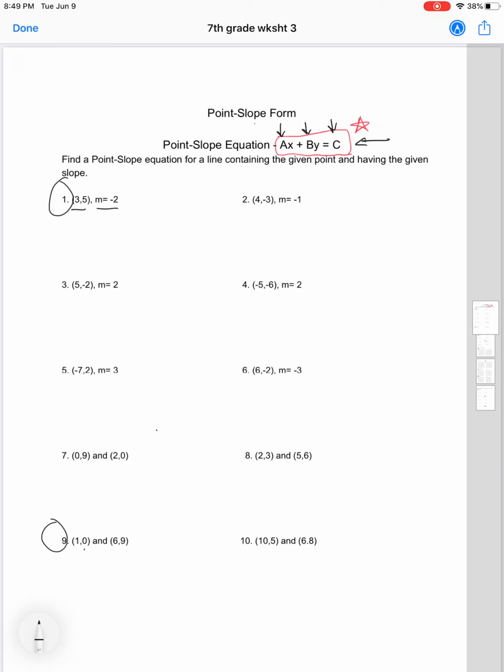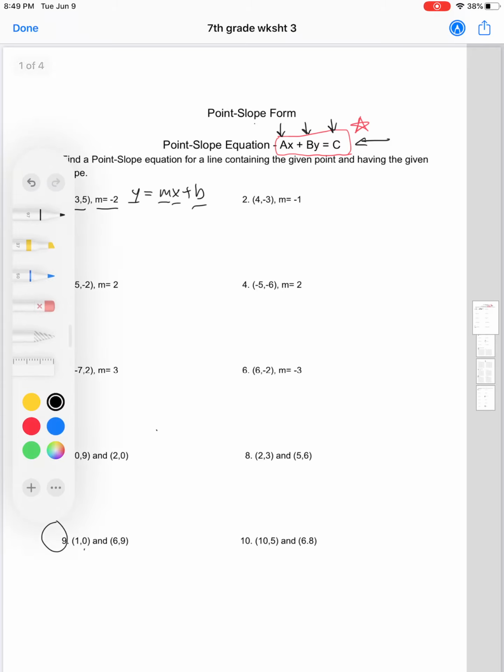Now what you want to do with this point and slope is use the slope-intercept form, y equals mx plus b. Now we see what the m is, right? We see m is -2, and we see x is 3, and we see y is 5. Problem, we don't know what b is, so what we can do is substitute like this,